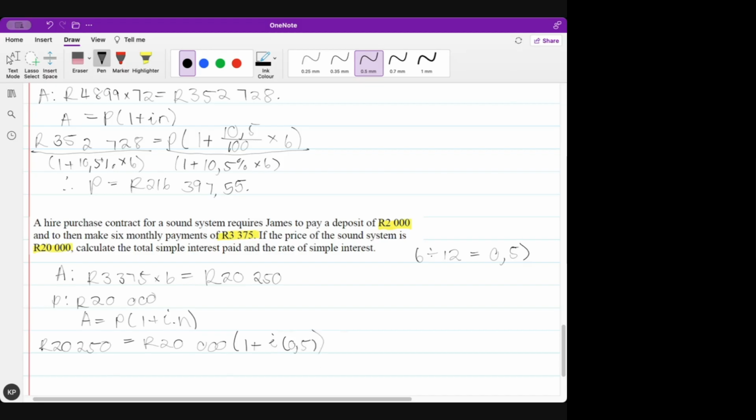Again, we're doing the whole division thing. First, I'm going to divide both sides by 20,000. And that's going to give me, let's see, 20,250 divided by 20,000 is 1,0125, and I'm going to minus 1 from that. So I'm going to end up with 0,0125 is equal to 0,5 times i. And then